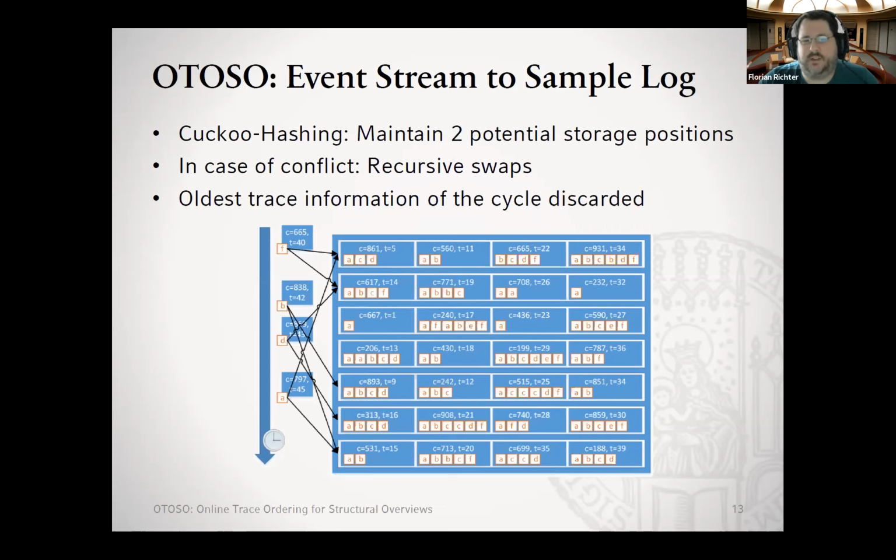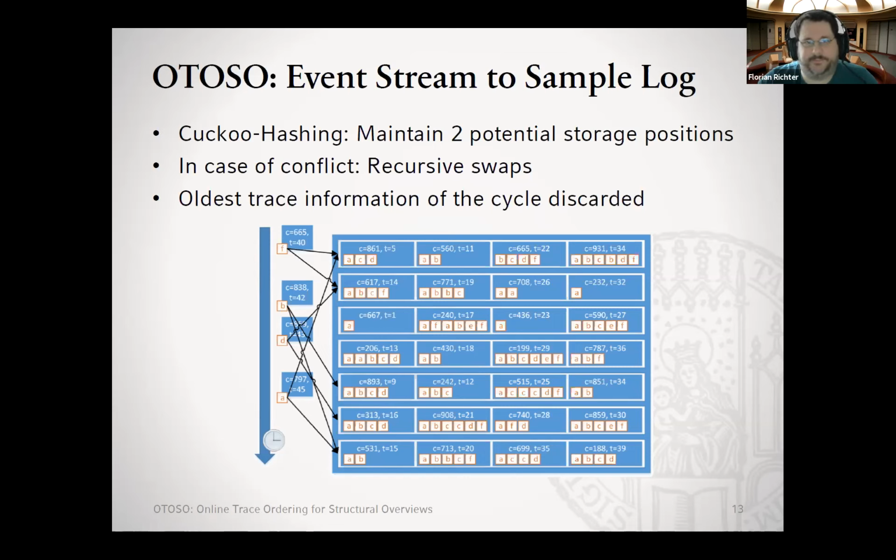Cuckoo hashing works, if you're not familiar with it, with having two potential storage positions for each object. So you can use the standard hash value in Python, for example, just turn around the case identifier and then use the same hash function again, and then you have two positions possible in the hash table. So it's technically not that complex. We use some buckets per position here. We will show later on that it's advantageous to have these bucket positions. It decreases the speed a little bit or increases the complexity, but it makes up for a better hash table